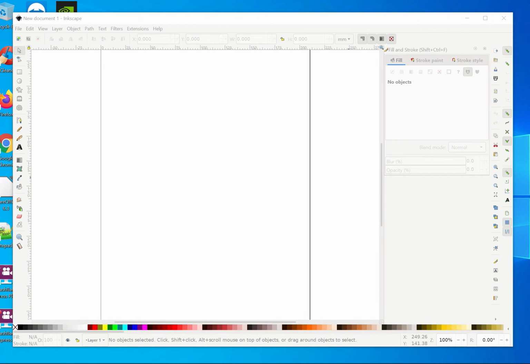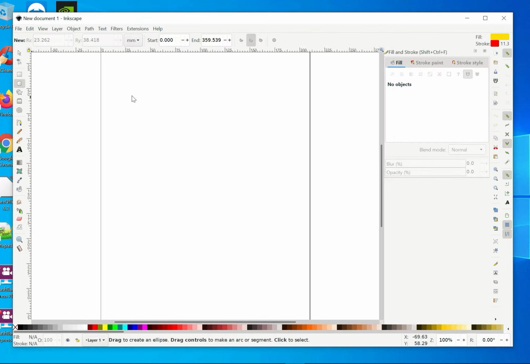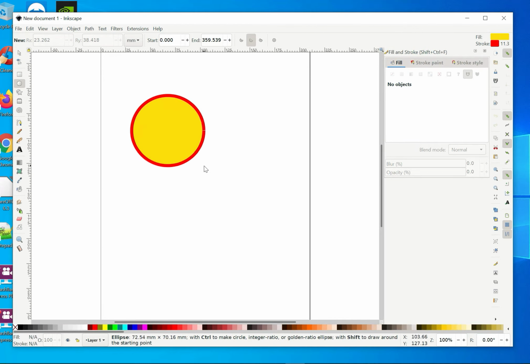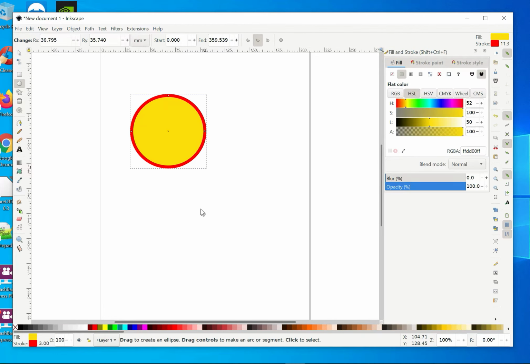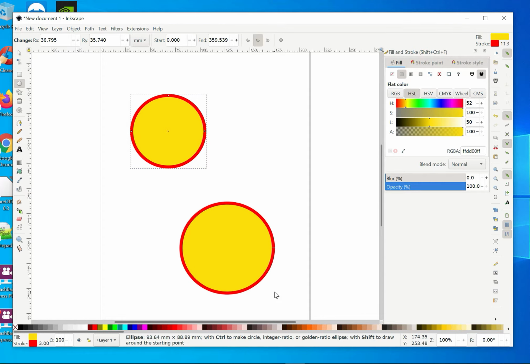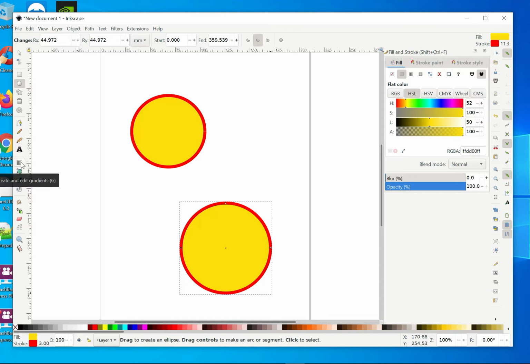I want to show you how to work with gradients in Inkscape 1.0. First of all, let's draw some objects. Okay, now you can either use this tool here, create and edit gradients, to manipulate or work with gradients, or